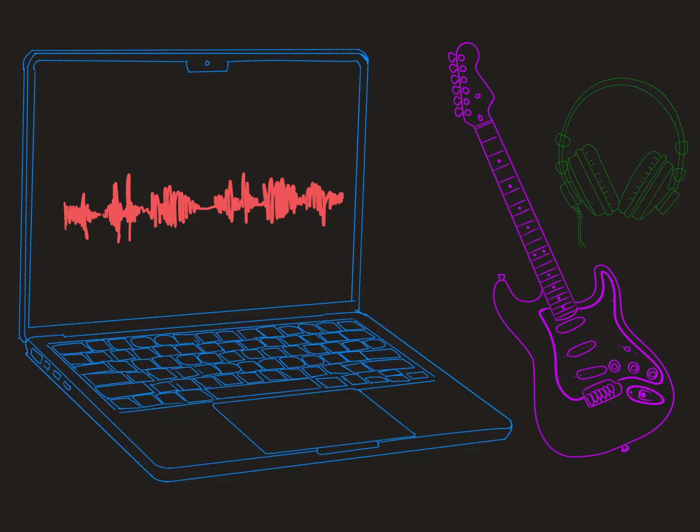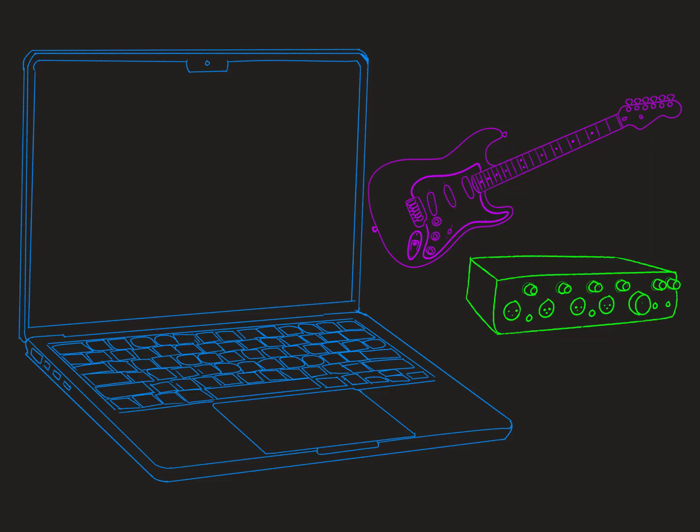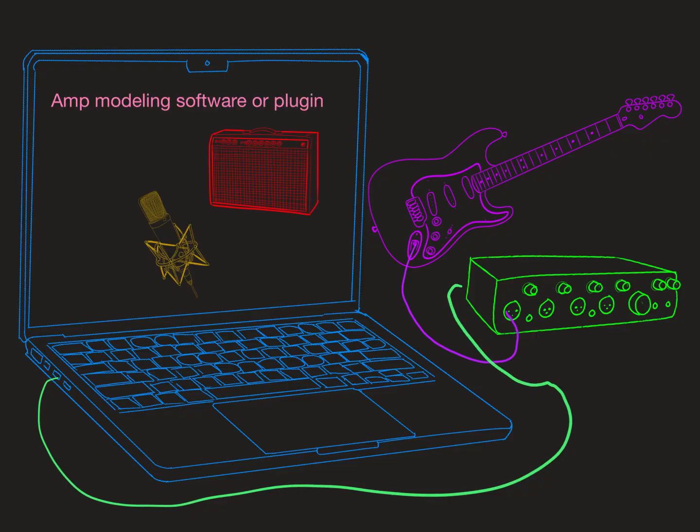When recording guitar-related music, digital systems provide multiple approaches using both hardware and software. You can record by placing a microphone in front of a physical amplifier, or by plugging your guitar directly into an audio interface and using amplifier modeling software to capture a performance. You create a track in your DAW, select your interface as the input, arm the track for recording, and press record so the signal is stored directly